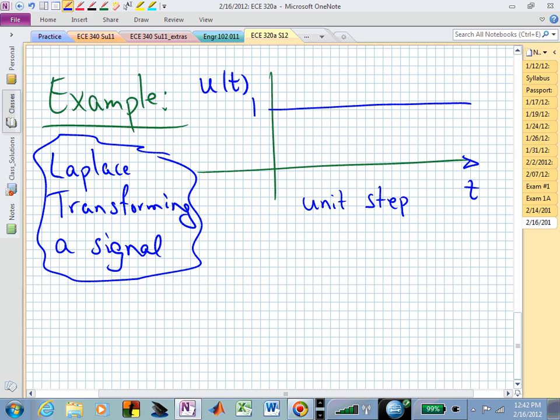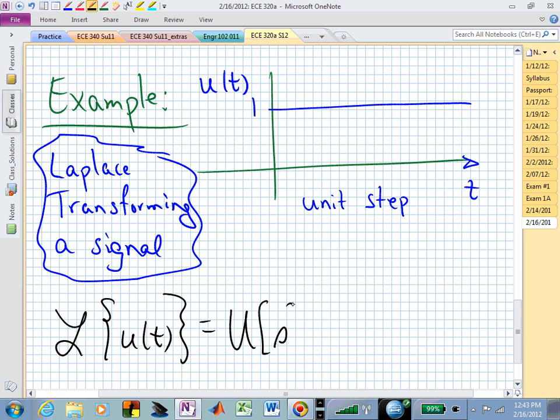What does it look like as a function of s? If we use our notation, we want the Laplace transform of little u of t. And by definition, that's this capital U of s,